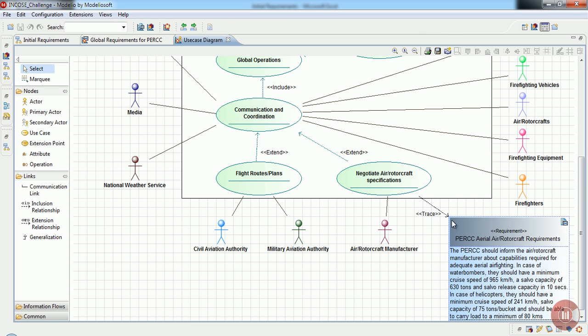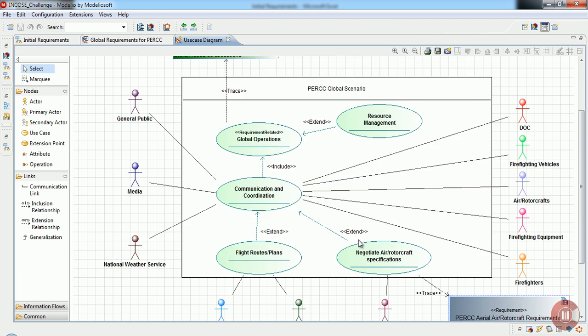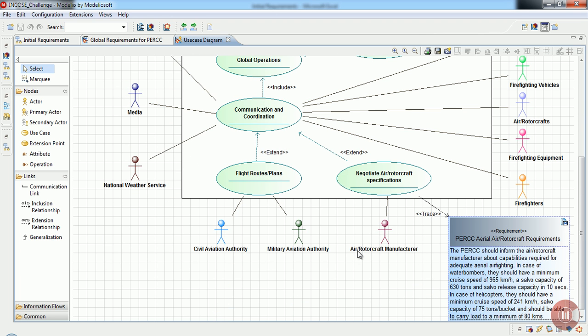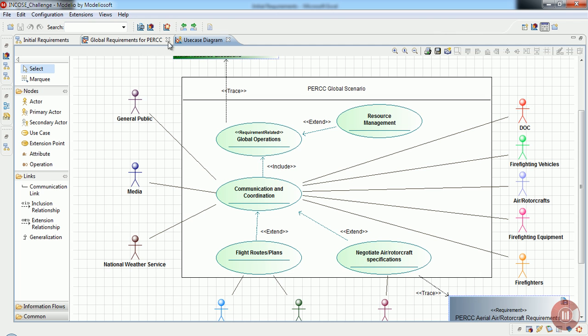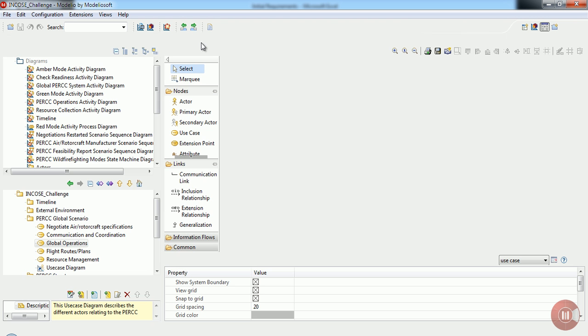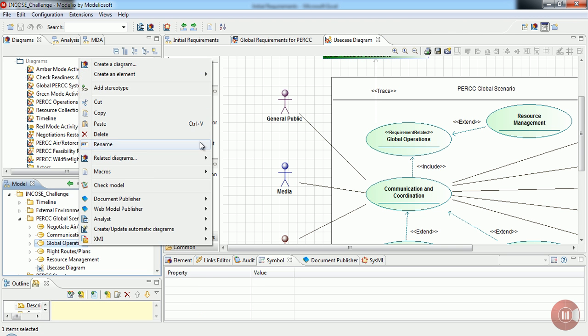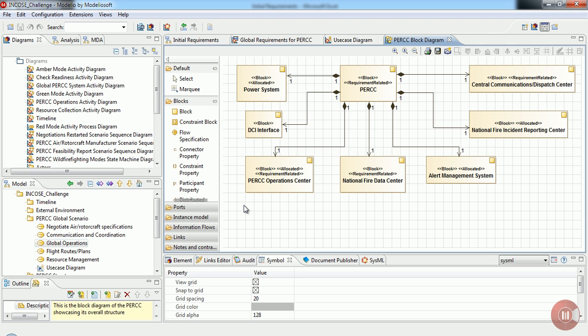We have some requirements which are being traced, and then we see in this particular example a particular use case where the PERC is communicating with the air rotorcraft manufacturer to specify the air rotorcraft specifications. For example, that they should have a minimum cruise speed of 965 km per hour and some particular salvo capacity as well. Now let's turn back and go to our global operations, and then let's check out its related block